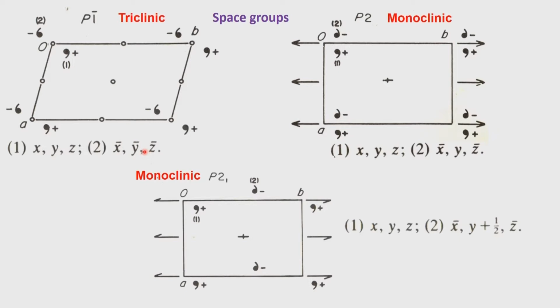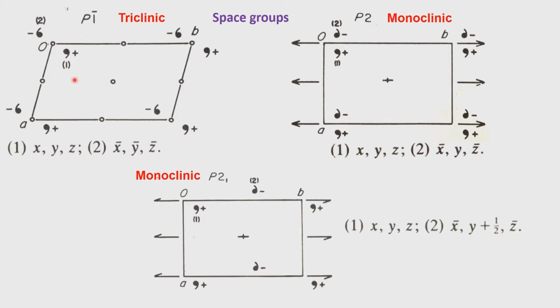The moment we put this into a special position, let us say x y z is 0 0 0, then x y z and x bar y bar z bar will be one and the same, and the occupancy now becomes half of the total occupancy. So, the total occupancy here is 1 with respect to a general position object, with respect to a special position object it becomes half. So, the occupancy of half therefore is an issue which we will have to discuss further when we get into the special position discussion.